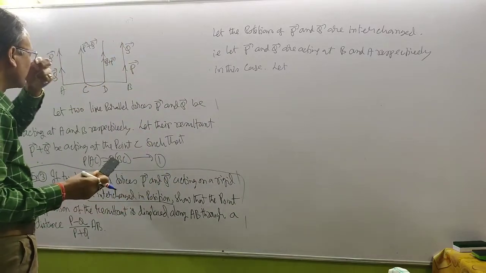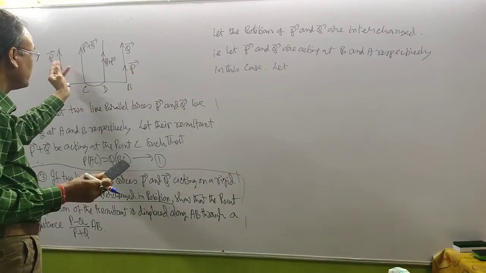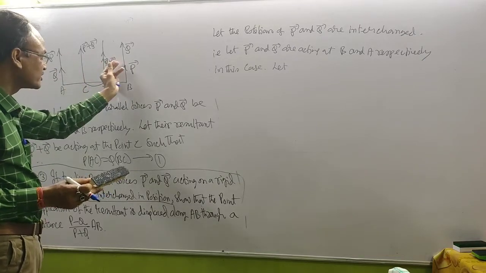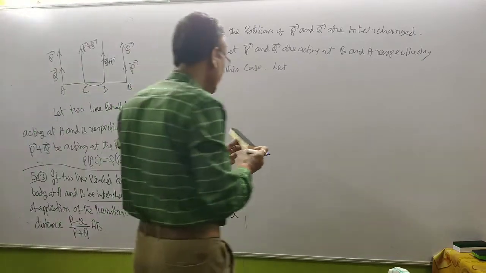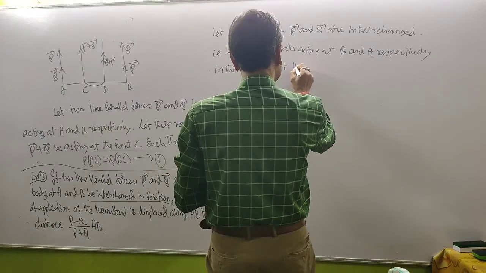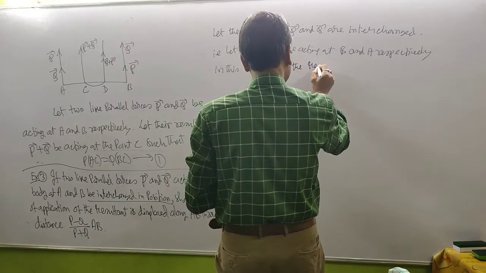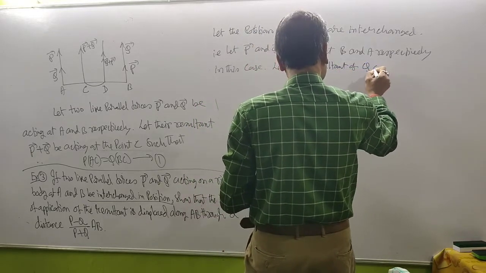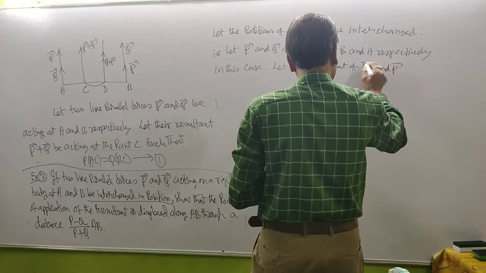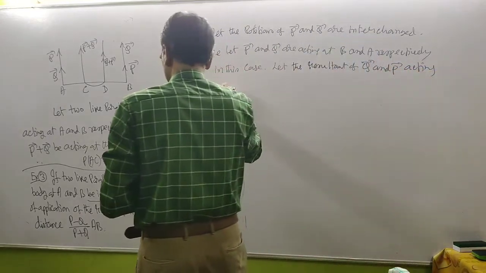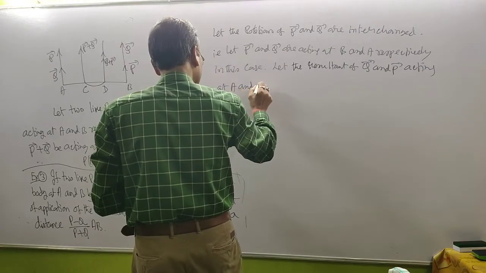Then if P is greater than Q, the resultant will be moving towards P, towards this direction, definitely. Let the resultant of Q and P acting at A and B respectively